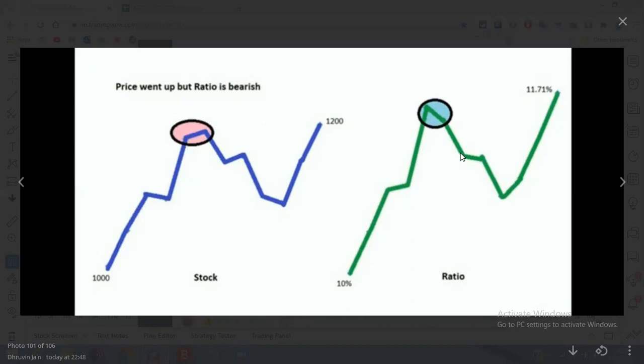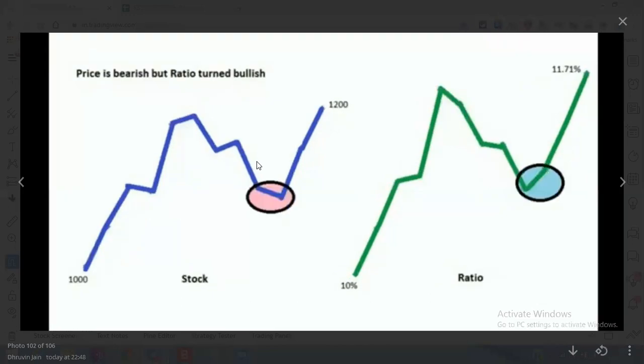Here we shouldn't conclude that whenever a divergence comes we should exit the stock, or that we should short sell that stock. That is not a real case. We are just assessing the strength of a stock against the Nifty. We are doing nothing other than that. Okay? So here in this case we can see the price is moving up but the ratio line is moving down. That means the Nifty is moving more up than this stock. So in that case the stock is in underperformance.